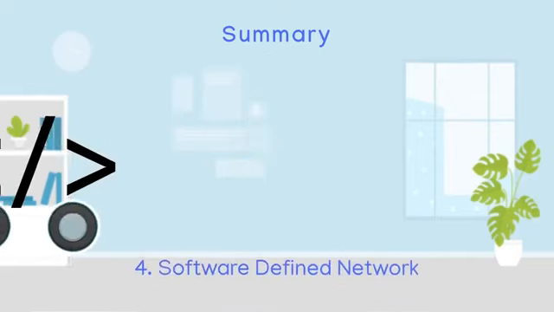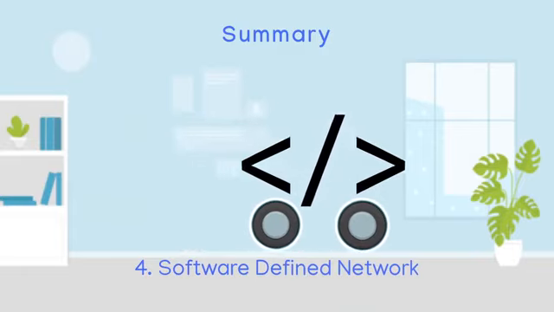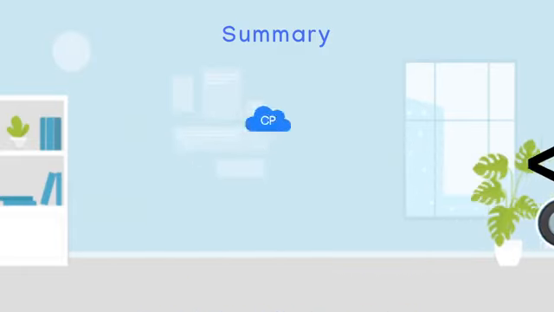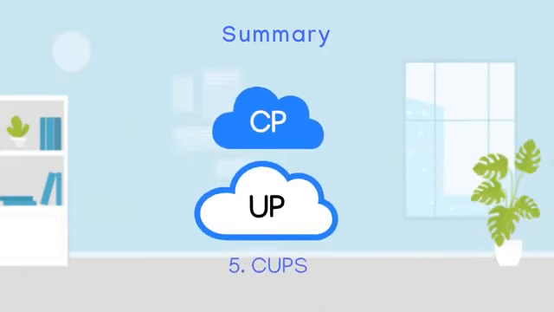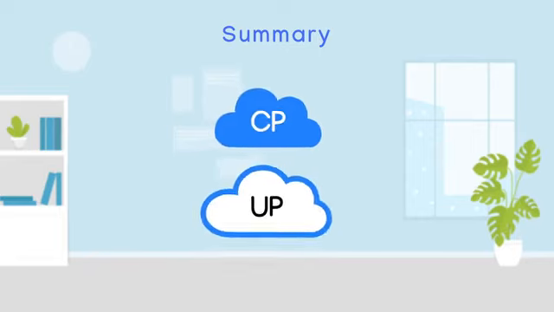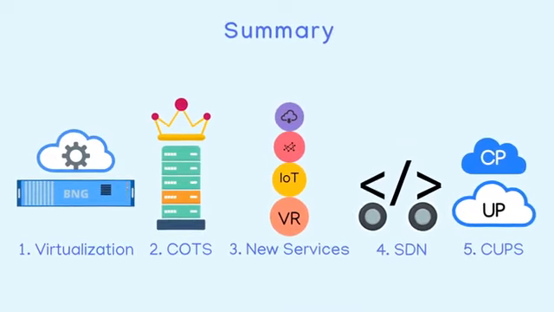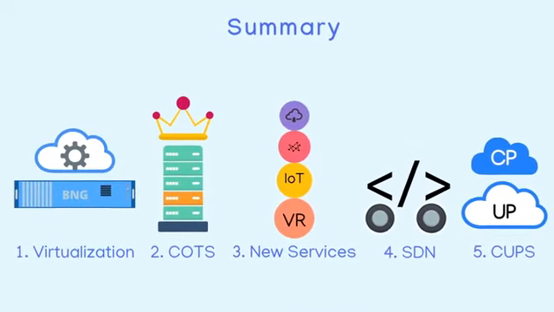4. Service providers can now use SDN to enhance the manageability and automation of their network infrastructure. 5. Virtual BNG's CUPS architecture helps to scale the capacity as per need and protect investment. This is virtual BNG and how it is revolutionizing